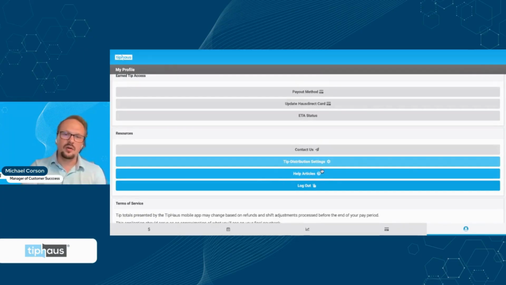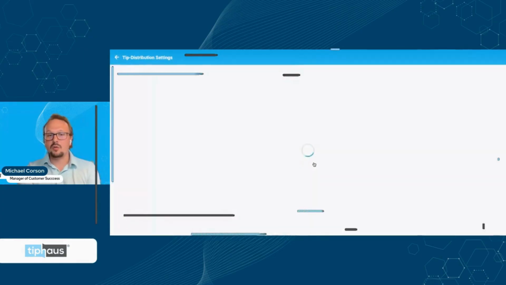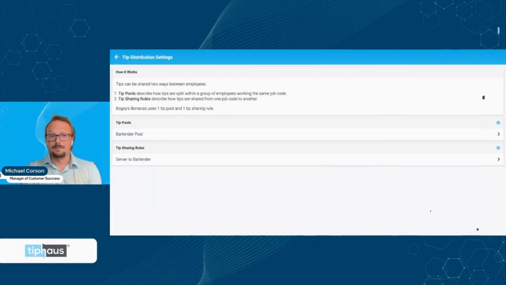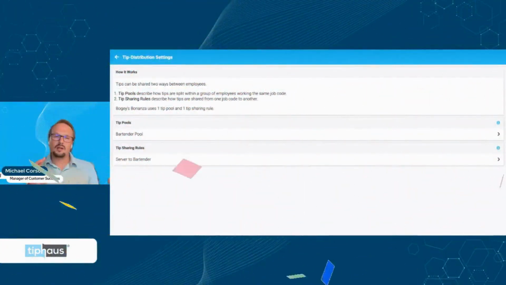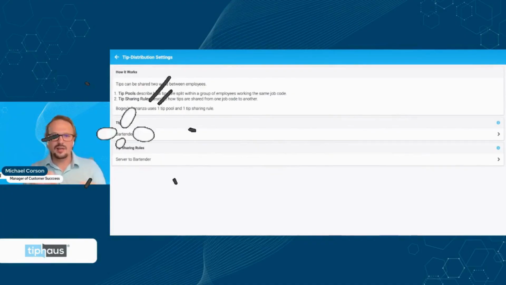They get access to their own help center. They get access to their own tip distribution settings. So if they click here, they can see the tip sharing rules and the tip pools that they're using, and hopefully answer their own questions, which is the main idea of TipHaus: to streamline everything, give everybody the tools for transparency, get all of the human error out of it by just ingesting things and giving you numbers based on